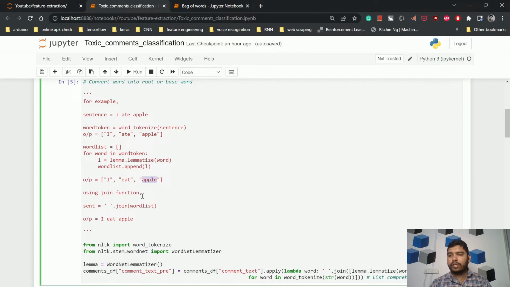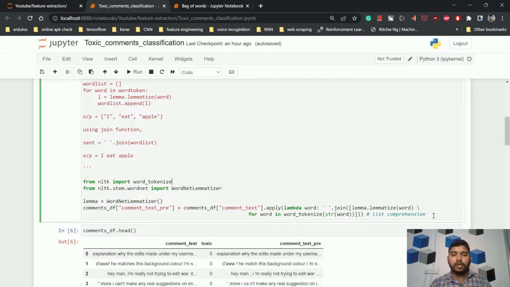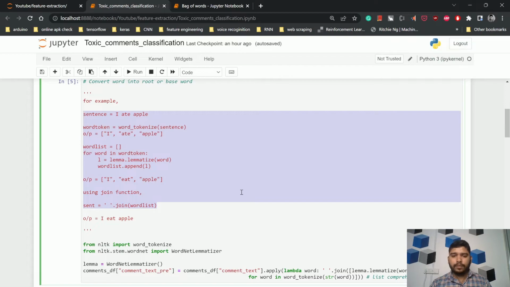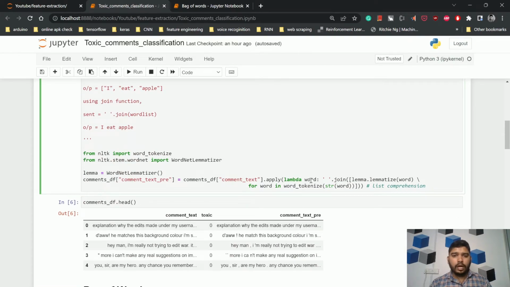Now using the join function, I first converted this list into a simple sentence. Here I have used list comprehension, which is very useful to convert this entire code into one sentence. So here you can see, I got the sentences one by one by using the apply function. First of all, I converted each into a list of words by using word tokenization, then converted each word into its root word by using lemmatization, and at last I joined them with the join function, and I got the pre-processed